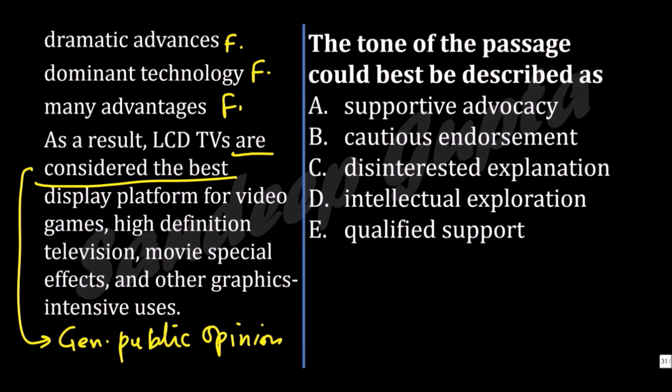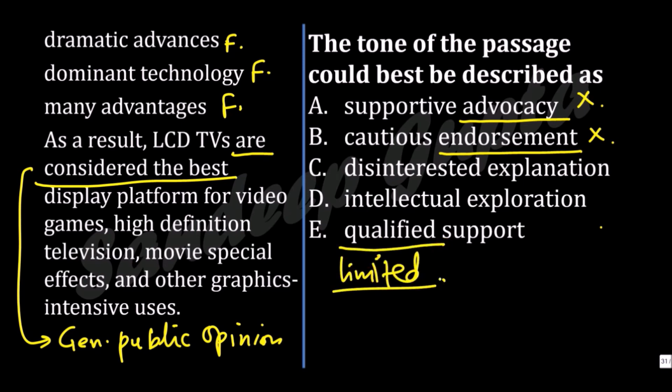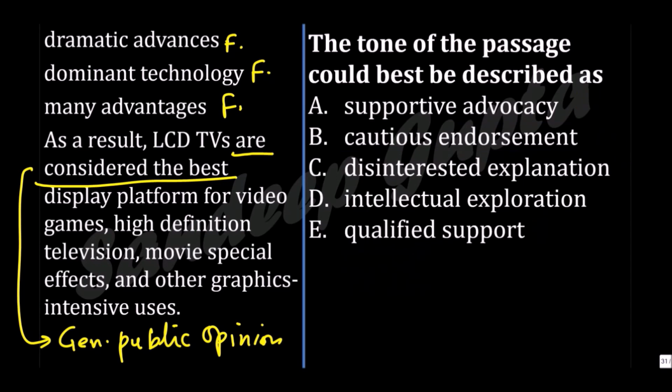Now let's see, if you want to understand them further, advocacy means a very strong suggestion or a very strong recommendation. So do you think that the author is suggesting or recommending that you should buy LCD TVs? Absolutely not. Endorsement is also when one person is suggesting something to the other person as a recommendation. Definitely not correct. The author is not recommending. And qualified support means limited support. I told you the meaning of the word qualified is very different in reading comprehension. So there is no such thing as limited support because there is no opinion. Also, there is no caution that the author is exercising. The author is just saying facts about LCD TVs. So you cannot choose A, B or E as the answers.